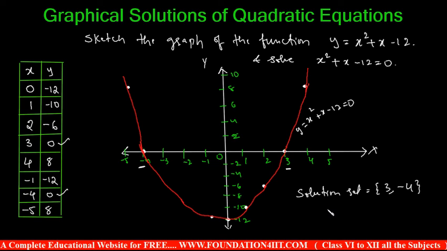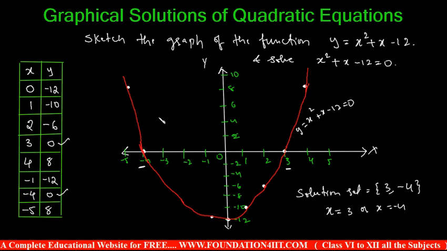Therefore x is equal to 3 or x is equal to minus 4, because the value of y is 0, then it satisfies the condition. Wherever x is 3, the y value is 0. That's why wherever y is 0, only that value should be taken. Or else from the graph you can directly observe where the graph line is touching the x-axis. They are the solutions for us. Okay, the solutions are the points of intersection of this curve y is equal to x square plus x minus 12 with y is equal to 0, that is the x-axis. That gives the solutions minus 4 comma 3.